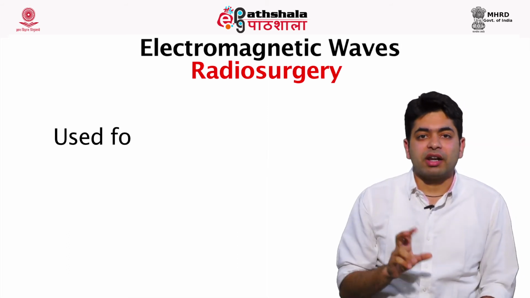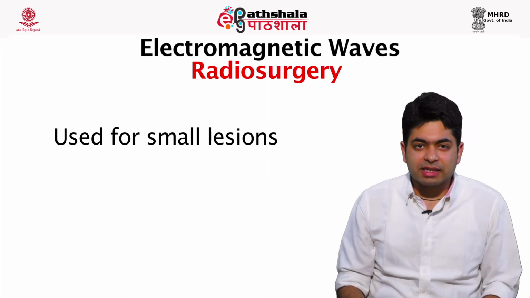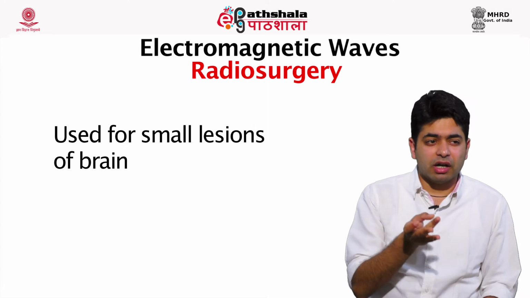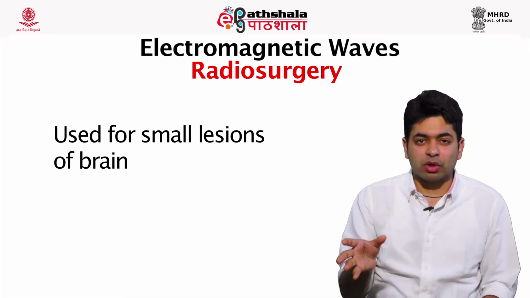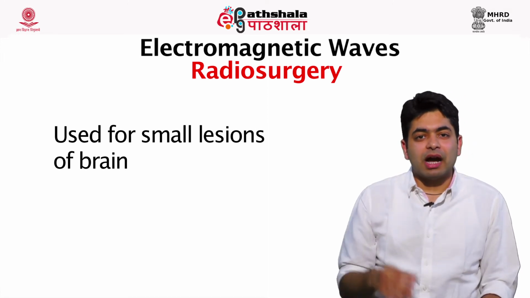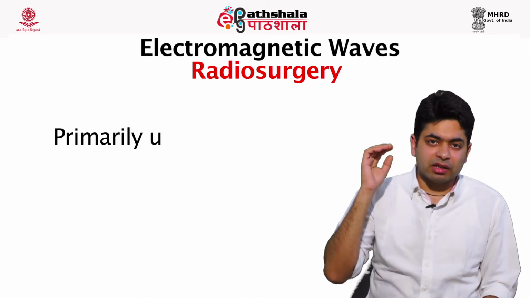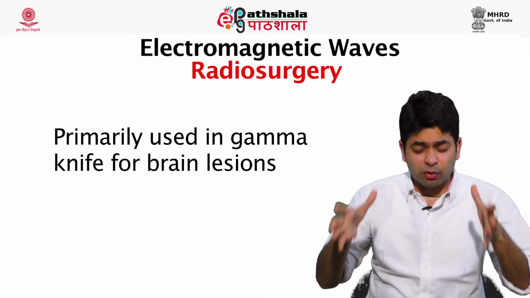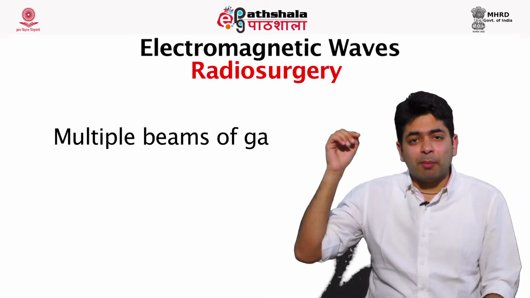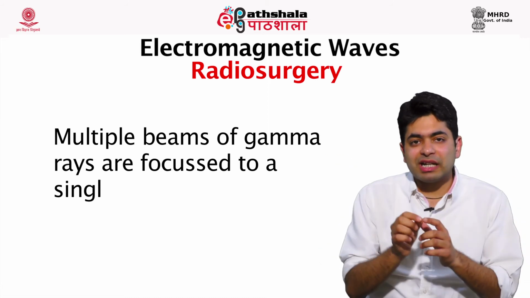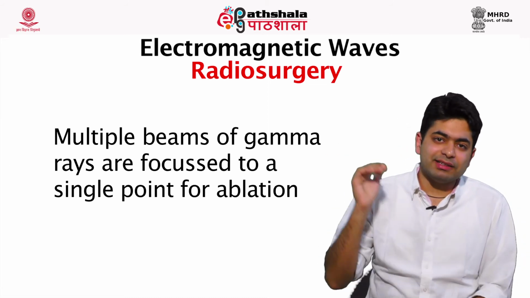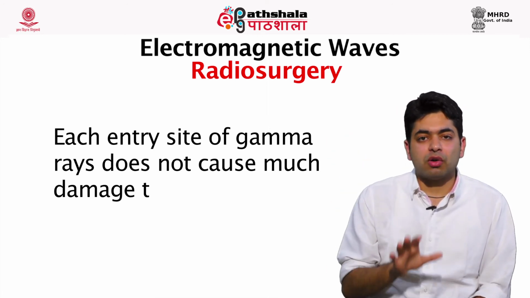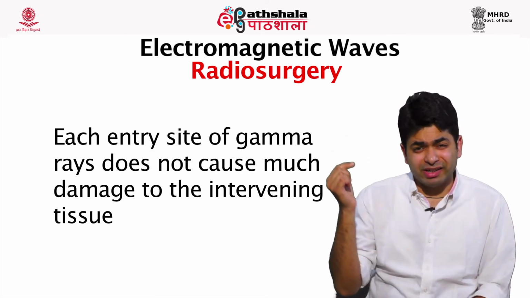The second is radiosurgery. Now it is a very interesting concept which is specifically used for small brain lesions like brain tumors, arteriovenous malformations and whatnot. What we do is, a gamma ray can easily penetrate, so holes are made and a device is worn by the patient, and multiple gamma rays are focused on a single target in the brain. The gamma rays easily pierce the whole part of the brain, but a single gamma ray does not cause much problem to the part of the brain it is traveling through.